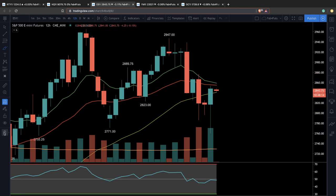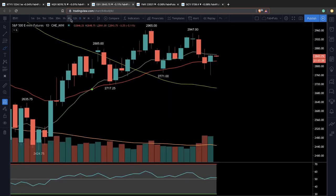Tomorrow is monthly expiration, and you ask how does that affect futures? It can impact futures where the market makers want to inflict max pain. So we have max pain pretty far below us on a lot of the stocks we follow. A lot of the large mega tech names, Google, you can look at Team, you can look at Amazon, the max pain is below us. So it'll be interesting to see what happens tomorrow. With the size of today's range, we could possibly just anticipate equilibrium and just chop up the option buyers and